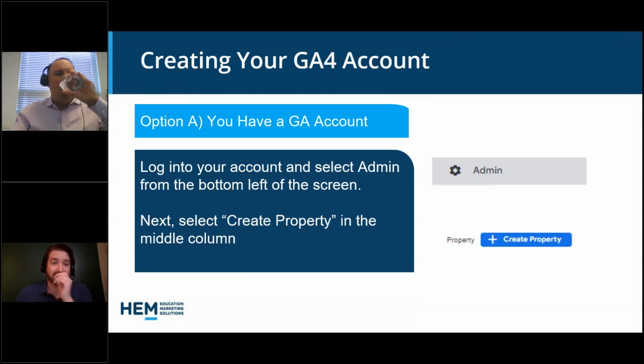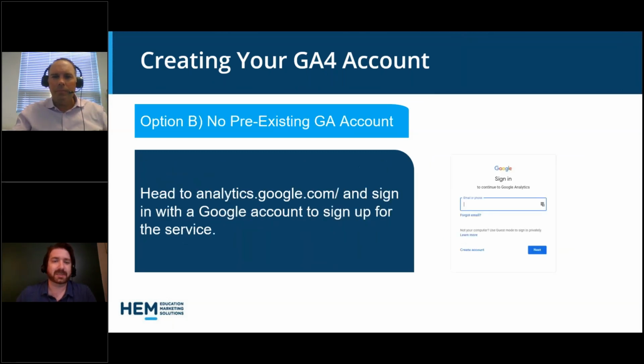In the past, if you had looked at it, you might have seen there's a few options there. It was a little bit more confusing, but I think about the past month or so, it's been much more streamlined. It's very simple to set up. And of course, if you don't have any analytics or you're not really sure what you have, you can always just go to analytics.google.com and either sign in with a Google account or sign up for the service from there. And by default, if you do not have one, it will start the creation process for a GA4 account. UA will not be able to be created anymore at this point.